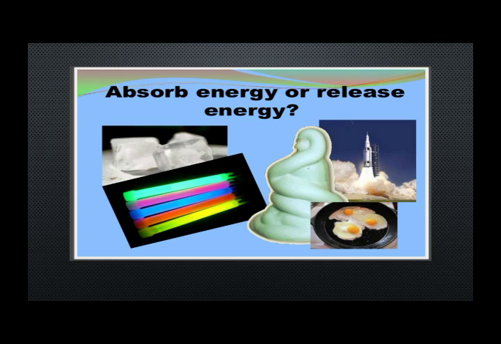So how is the egg going to cook? When we turn on the burner, the egg is going to absorb the heat, then it will cook and convert into a cooked egg. Here you can see another picture of a rocket which is starting its journey towards space. So how is it starting its journey? By releasing heat. It is not absorbing the heat, it is actually releasing the heat. So when the fuel inside this rocket burns, it releases energy.